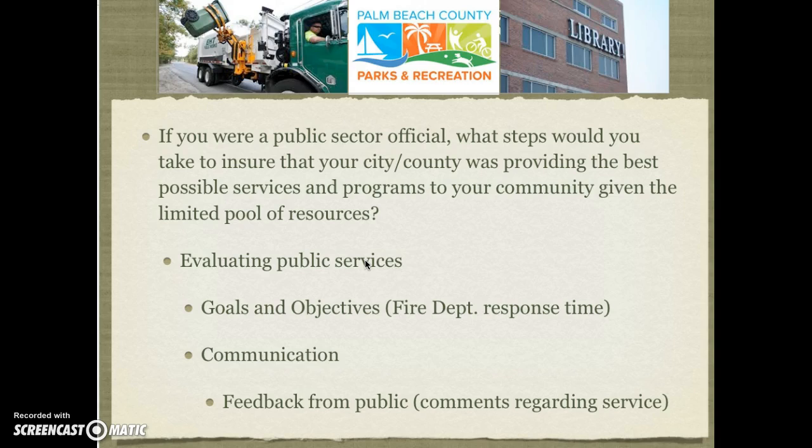We have evaluating public services maybe, and then communication, getting feedback from the public, people who call, people who write letters and complain, or people who generally overall discuss their feelings about the city and the services it provides. Okay, so that's how you're going to get some of this. And then, of course, you can always have public meetings outside of the city council, maybe some Q&A in the public at different times of the year or something like that. Okay, so that's the second half now.